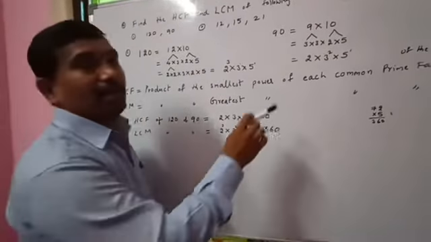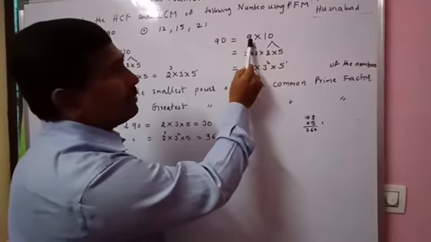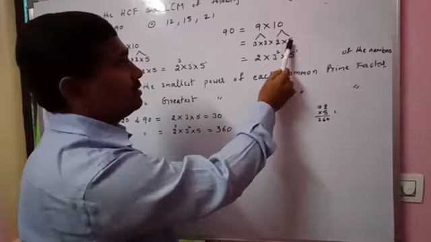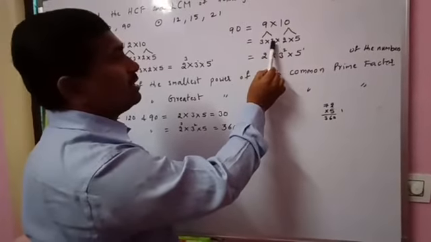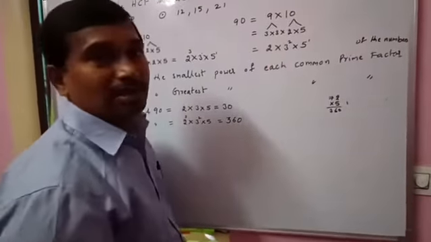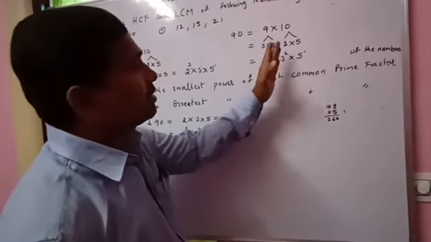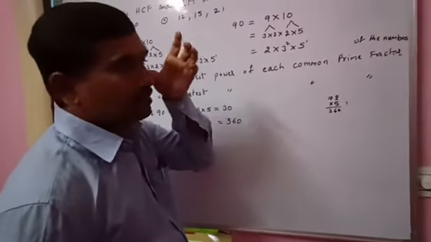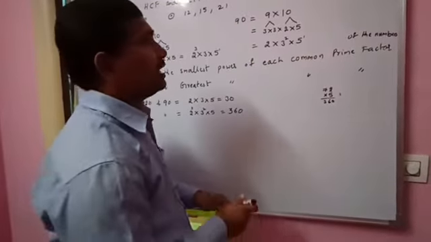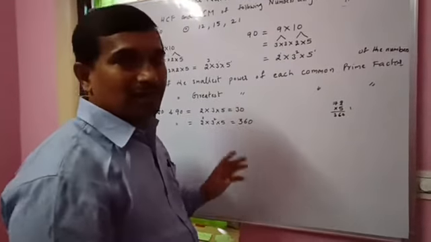Next let us take 90. 90 can be written as 9 into 10. 9 can be written as 3 into 3. 10 can be written as 2 into 5. Now 3 into 3, 2 into 5: 3, 2, 5 are prime factors. Here 2 repeated once, write 2. First ascending order, least to greatest. Next 3 repeated 2 times, 3 power 2, 5 power 1. Okay, now 2 numbers are written as prime factorization.